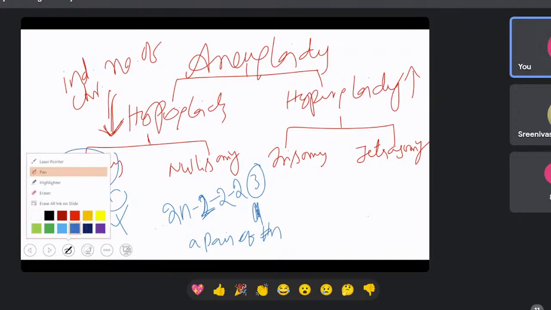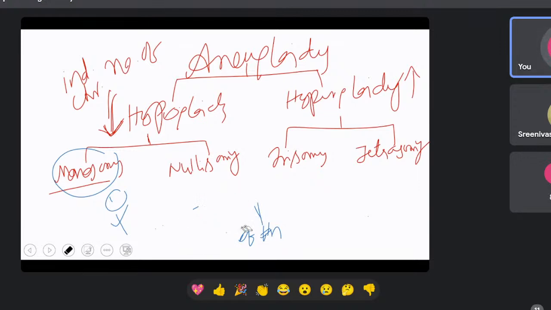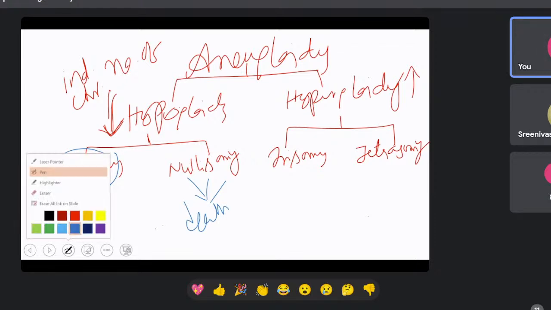In any of these three cases, the entire chromosomes are absent, neither paternal nor maternal. If that chromosome contains the structure and functions related to the head, then what happens? The individual will be born without a head. Can he survive? No. That means nullisomy leads to the death of the individual, or the individual is not born. Okay, stillbirth. So that is the reason why no disease is associated with nullisomy. Next, the third one,